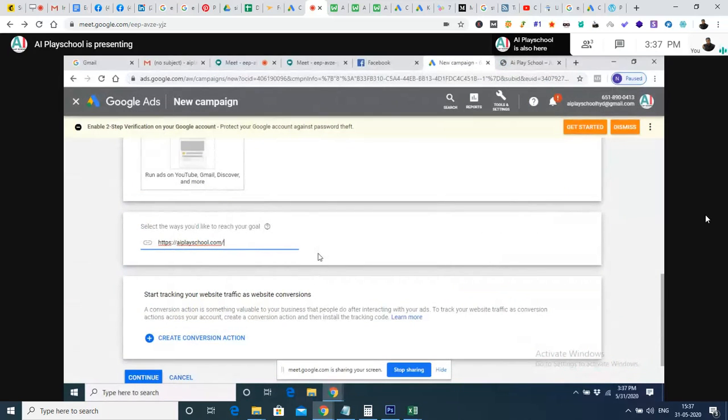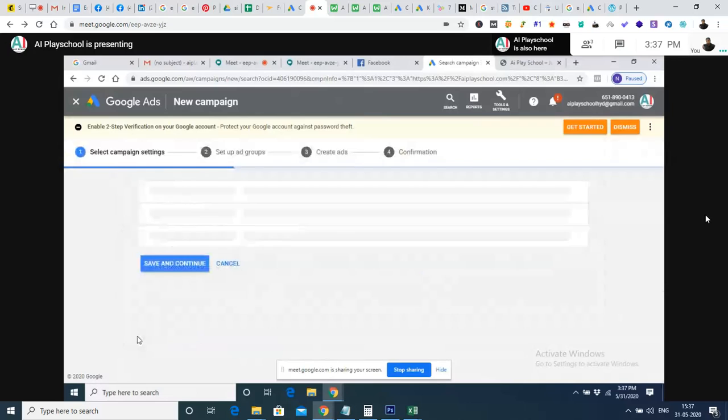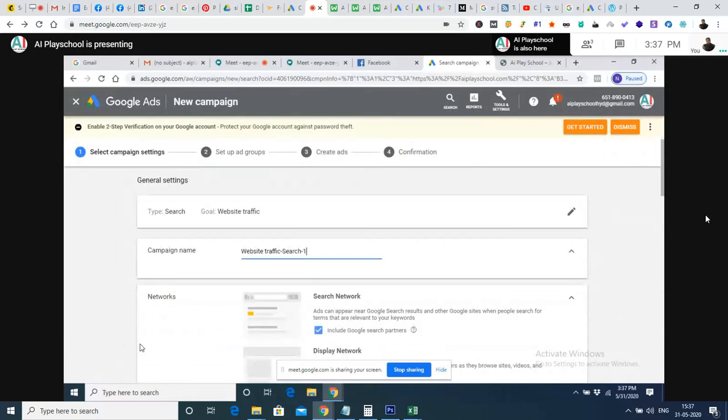Done. So we will scroll down and go for the continue option. Okay, so here you can give some campaign name, like website traffic, your company name or website name, something like that.